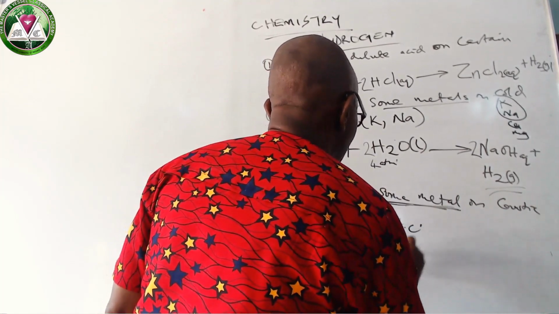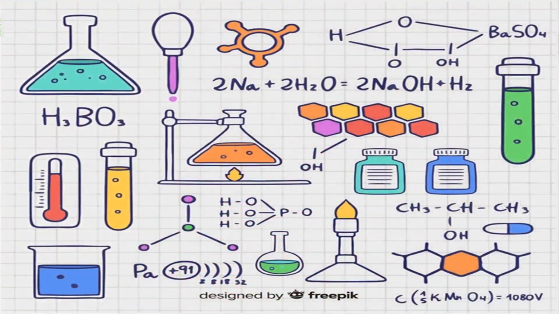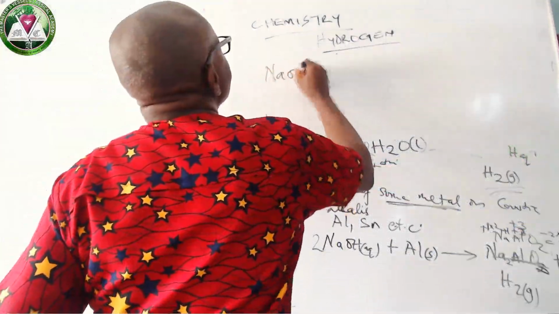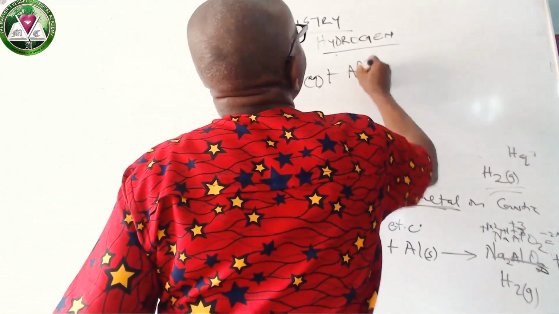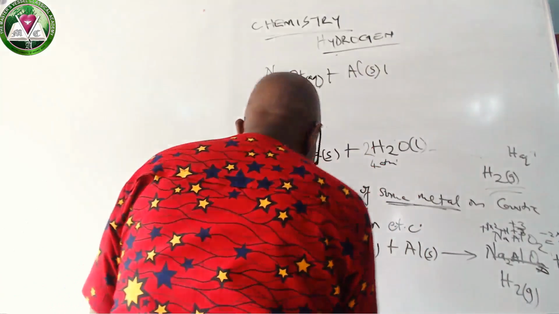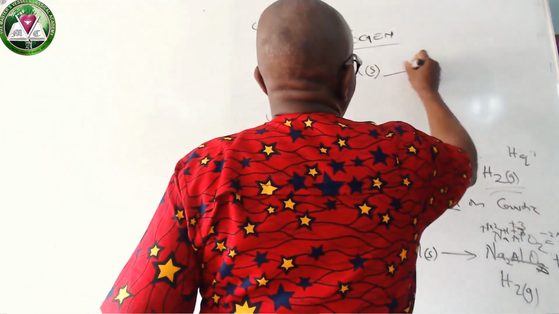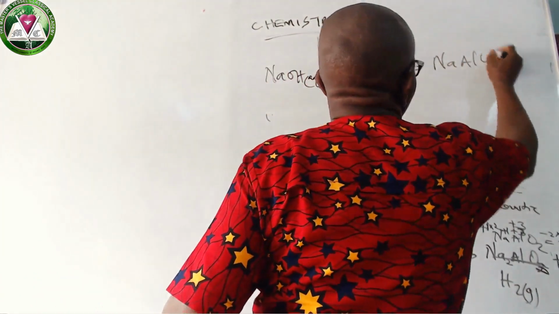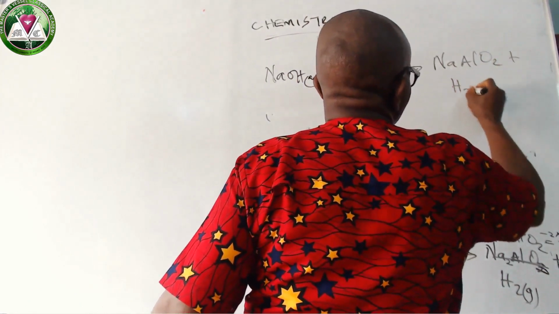If it reacts with aluminum, that equation is sodium hydroxide aqueous plus Al to give you NaAlO2 plus H2